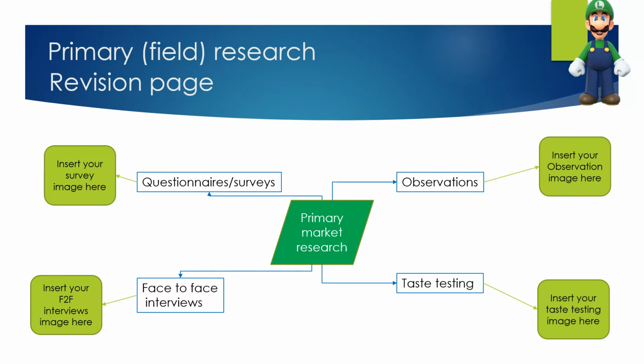And here's the revision task. What you need to do then is come up with your own revision style for the green icon squares. You need to put an image in each of those green icon squares, which for you